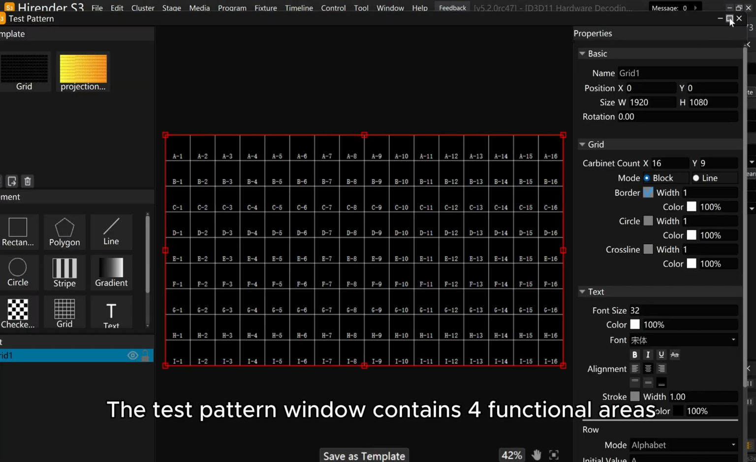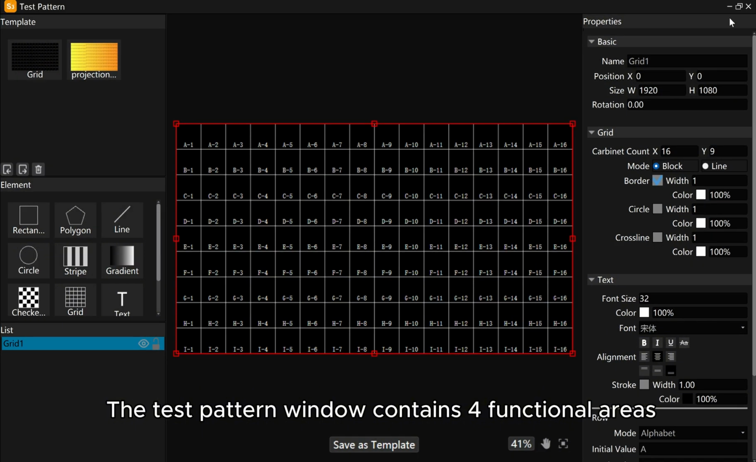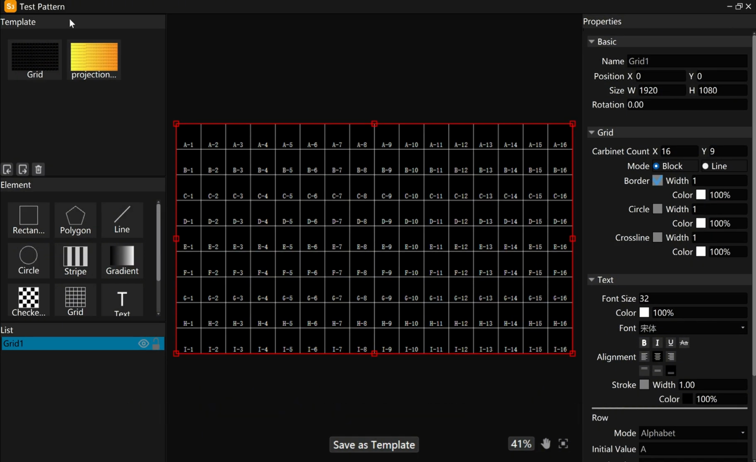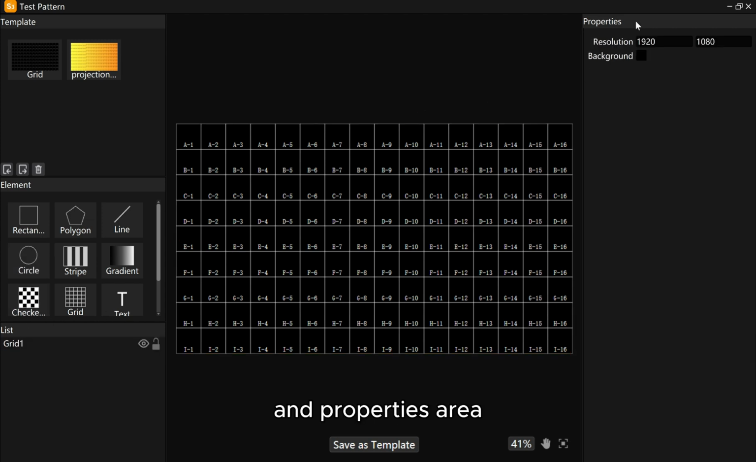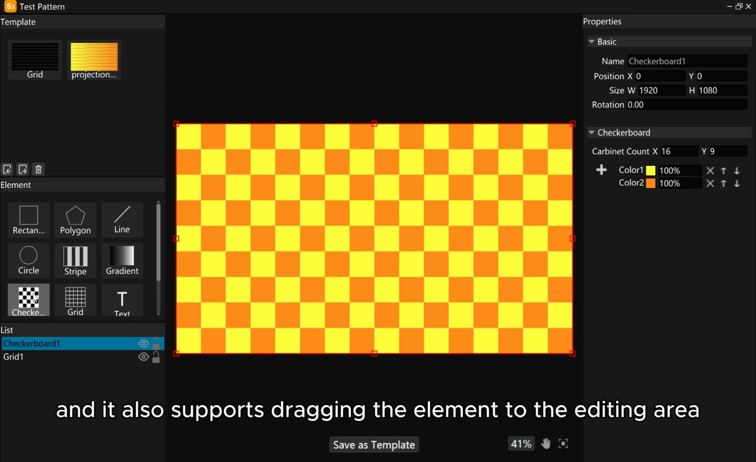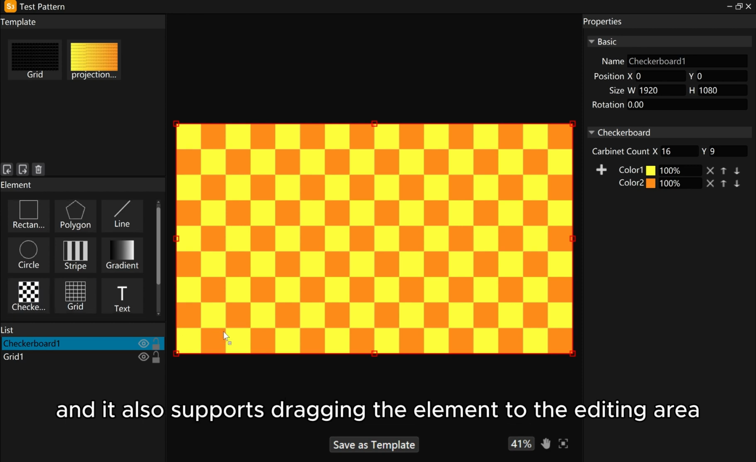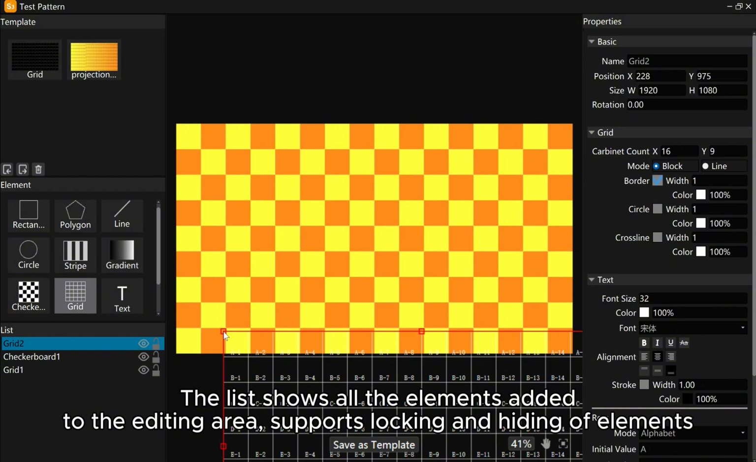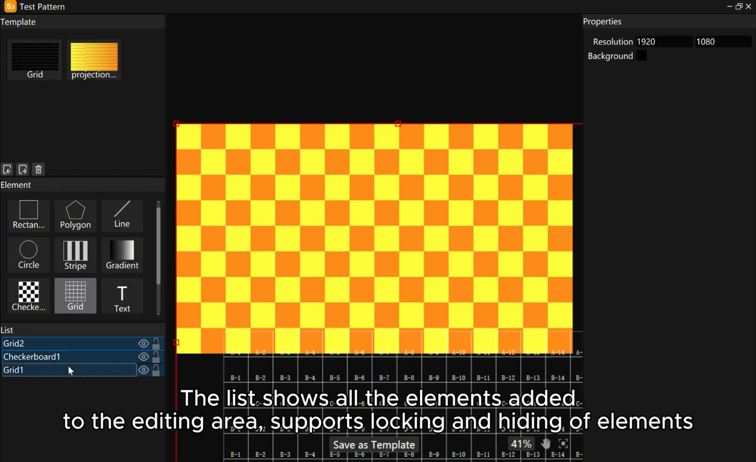The test pattern window contains four functional areas: template library, element list, editing area, and properties area. Double-click the checkerboard element to add the element to the editing area, and it also supports dragging the element to the editing area. The list shows all the elements added to the editing area, supports locking and hiding of elements,